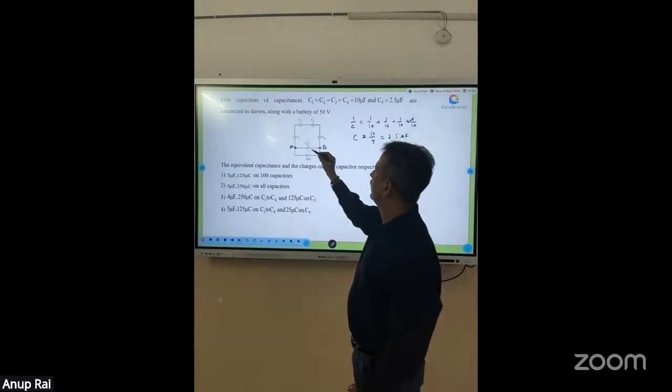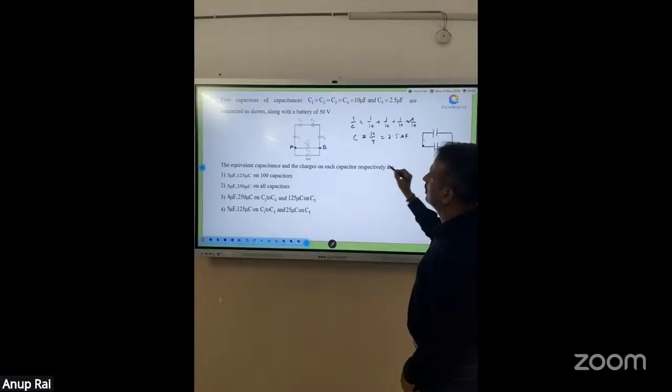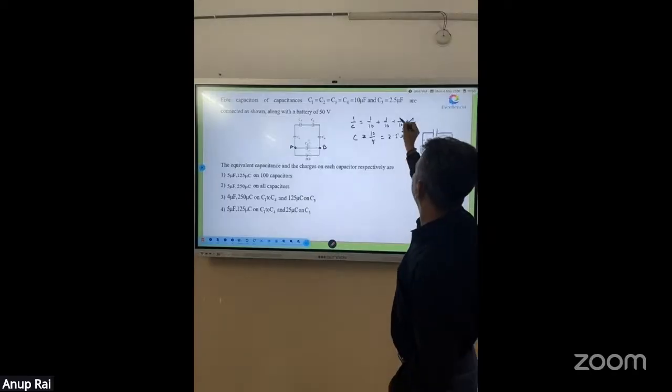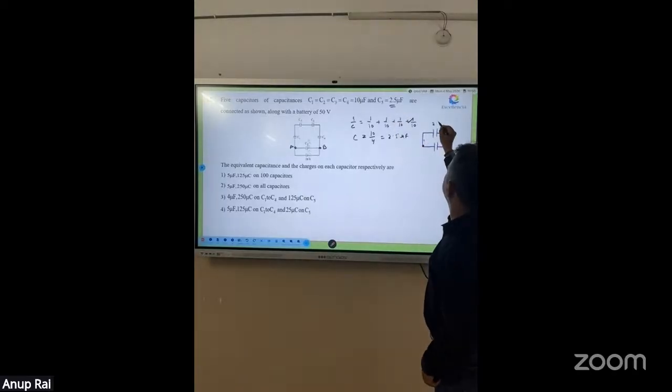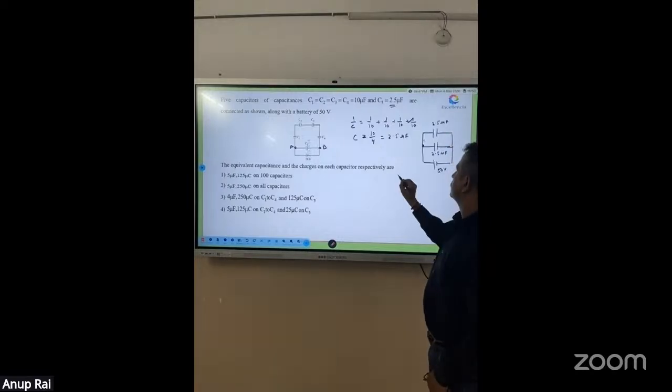So you can remove all these, and in place of that, we can put one capacitor, and the other will be there as it is. This is 2.5. C5 is also given as 2.5. So here also the equivalent is 2.5. And now this complete thing is connected with a 50 volt supply. The equivalent of this complete thing is going to be, we can add it, 2.5 plus 2.5,